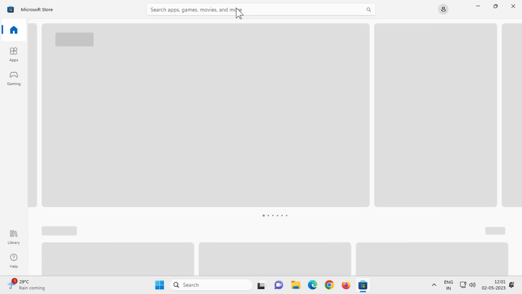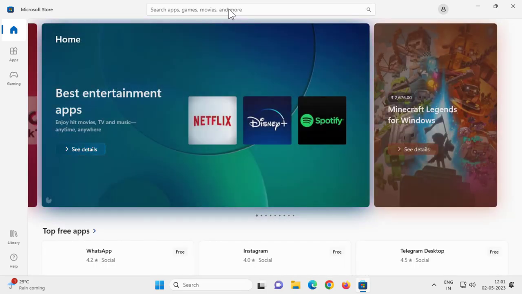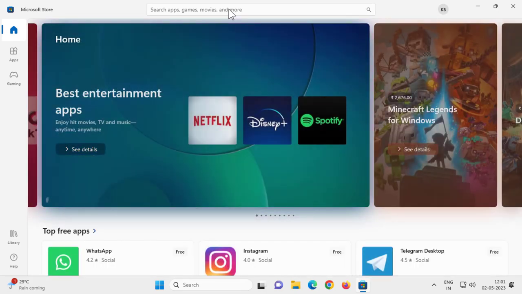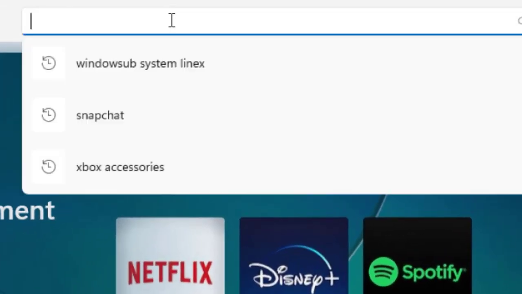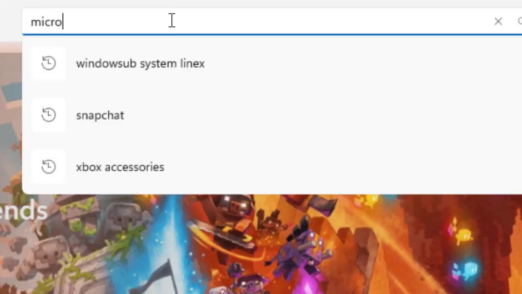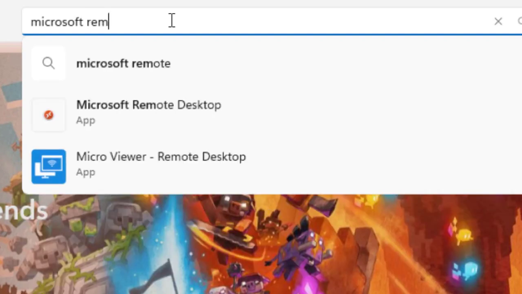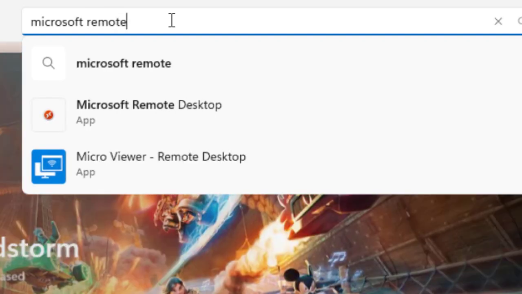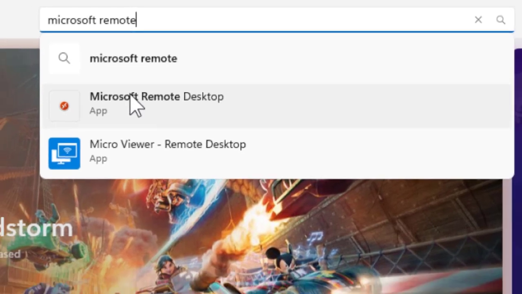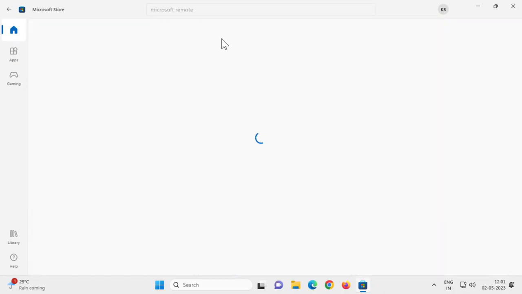Search here Microsoft Remote Desktop. Here opens Microsoft Remote